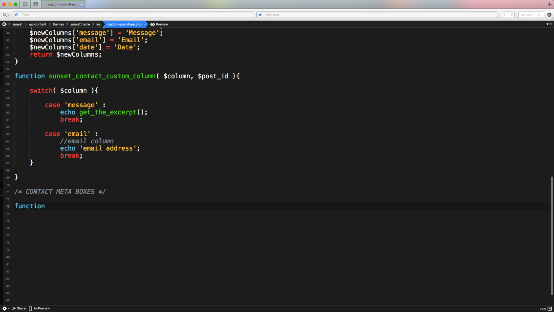Call it, as usual, a unique name. So sunset_add_meta_box. This is pretty generic, so let's use sunset_contact_add_meta_box. Brackets, no parameter needs to be passed. Curly brackets, let's open the curly brackets, and inside here we can write the code to activate a custom meta